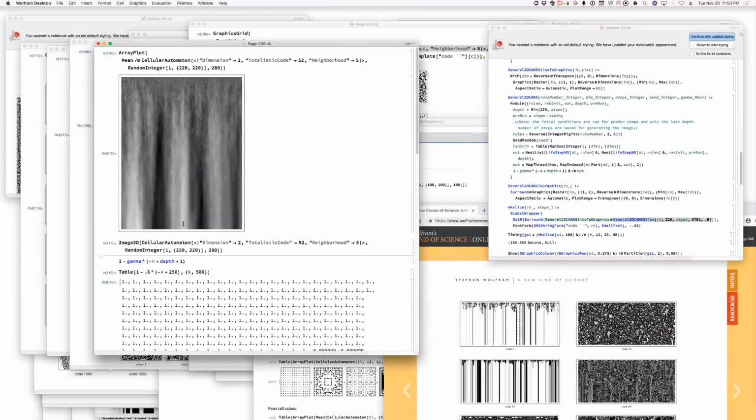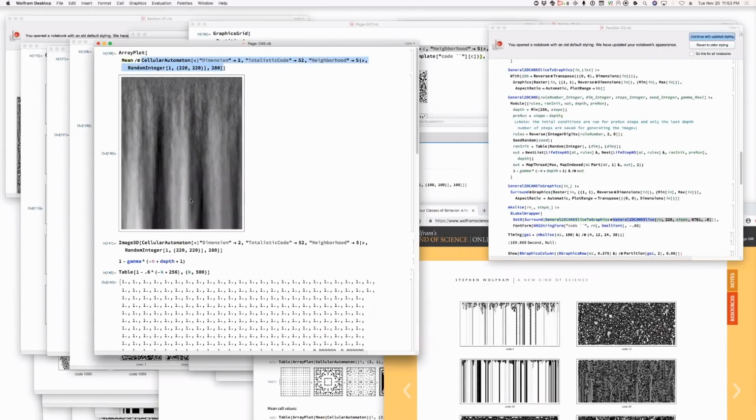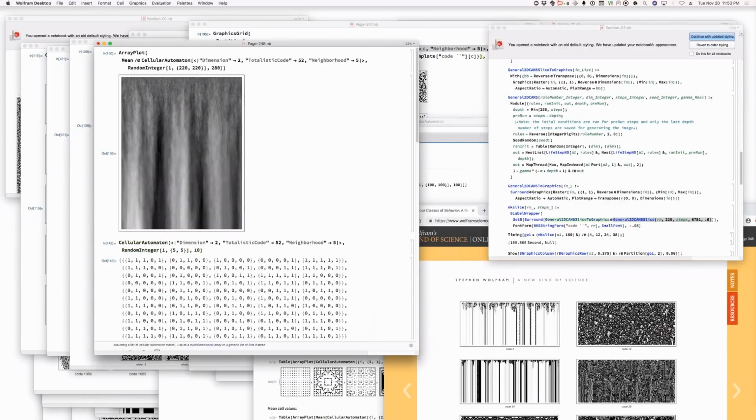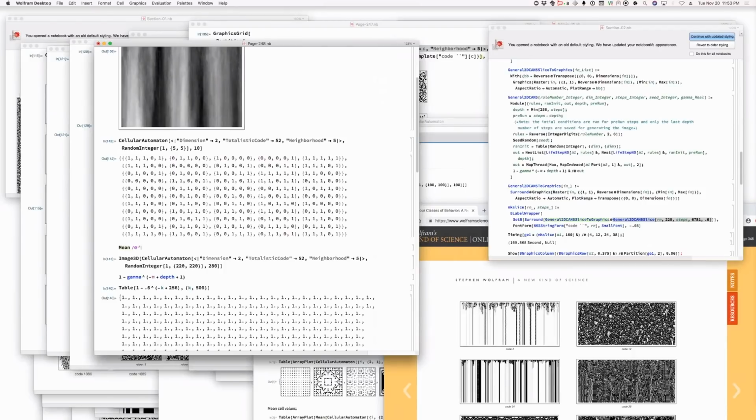Okay, so let's make a much smaller version of this so we can see what's going on. Let's make a 5 by 5 by 10 array. Okay, there we go. So now, if we were to say mean slash at that,